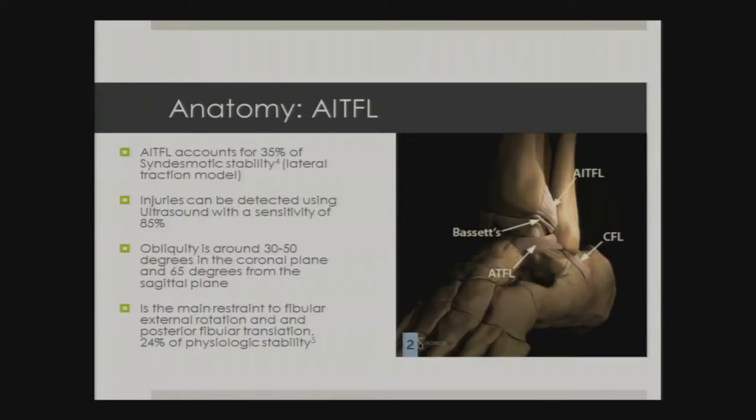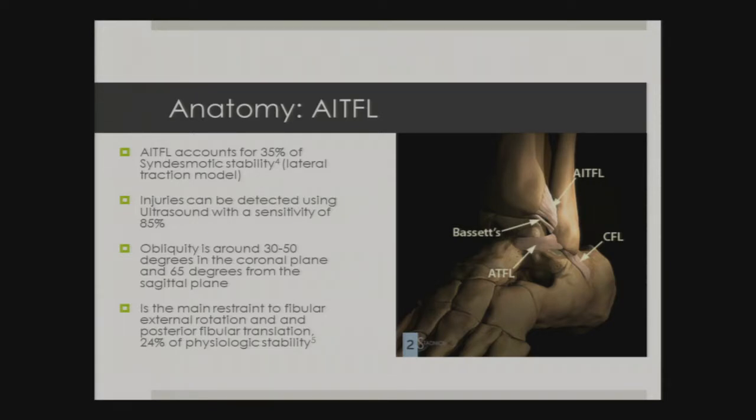So continuing on, there's a landmark study that looked at the strength of each of these ligaments and how much they contributed to the stability of the syndesmosis. AITFL was measured at 35%, but this was from lateral traction. They sectioned the ligaments and took them out and then stretched them laterally in line with the fibers. It wasn't a very physiologic stress test, and so in more recent literature, where they kept the tibia and the fibula intact and then stressed the ligaments using an external rotation stress, it came to about 24% of the stability